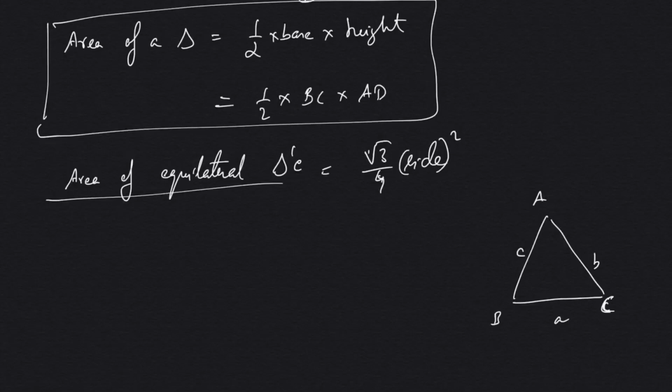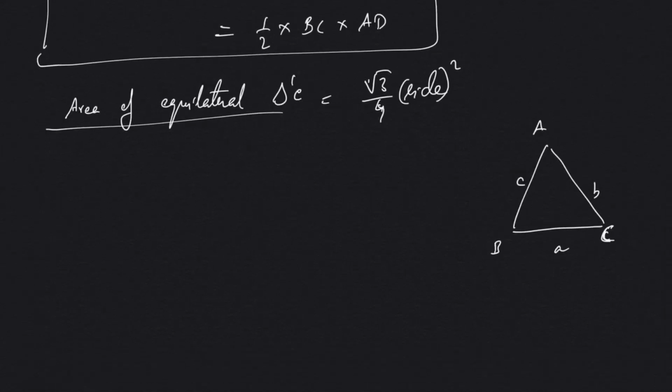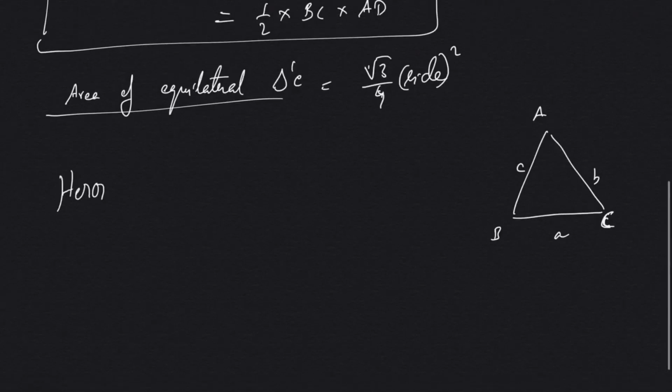In order to have more tools in your arsenal, that is, more formulas to find the area of a triangle, if one formula doesn't work out, we can go to the other formula and try, and if we cannot do that, we can go to another formula and try. These are all formulas and tools which were developed by ancient mathematicians when they came across different problems, different varieties of triangles. So here we have another formula to find the area of a triangle, which is called the